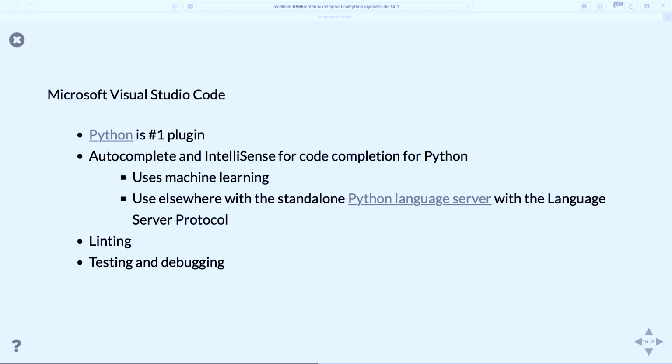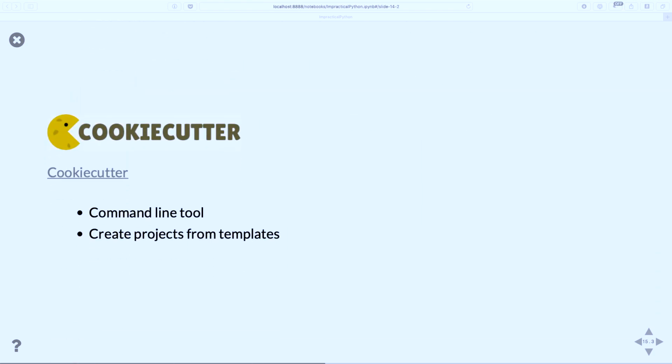It also supports linting, testing, and debugging, so it's got a lot of the features you might want in your full development cycle. I also came across Cookie Cutter, which is a command line tool, and it creates projects from templates. Has anybody seen Cookie Cutter before, by any chance? Yeah, I mean, when I heard about it, it was on a podcast where they seemed to think that everybody knew about it,